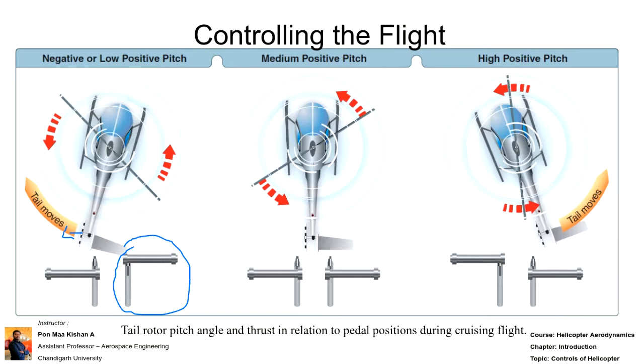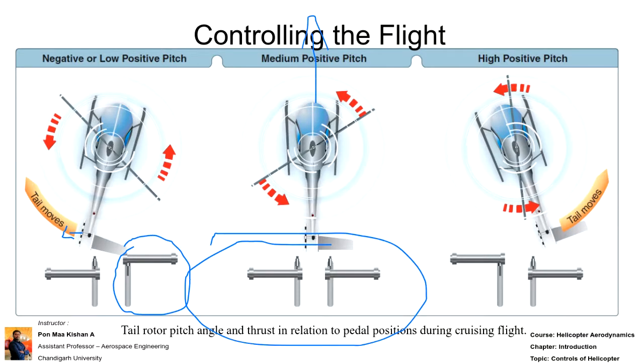So when it is maintained neutrally, then the direction will be neutral. When the pedals are not pressed, the direction will always be forward-facing. When the left pedal is pressed, thrust will be produced and the nose section will be turned towards the left side. This is what happens when the helicopter's anti-torque pedals are pressed, and the direction can be controlled accordingly. I hope you understood that.